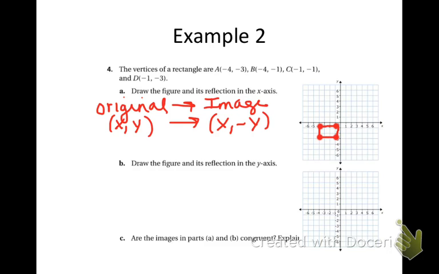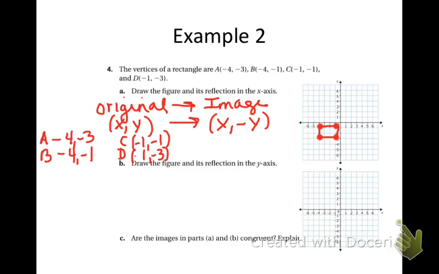So if we have, starting over here, -4, -3 for A, B is -4, -1, C is -1, -1, and D is -1, -3,